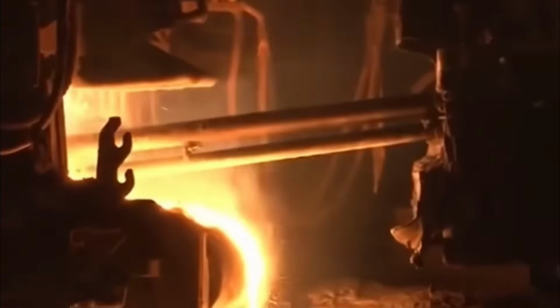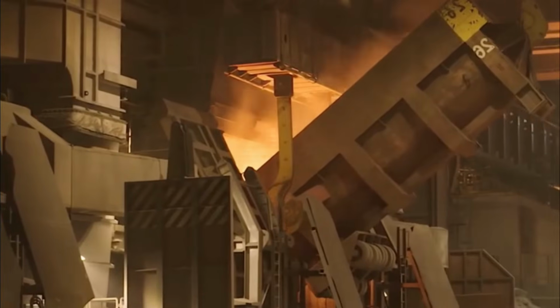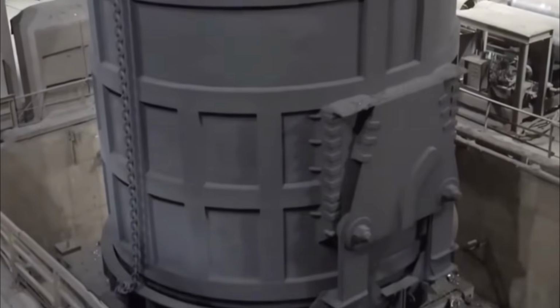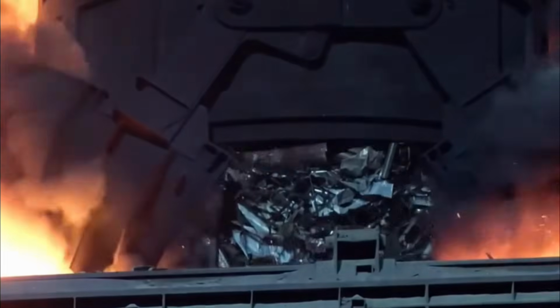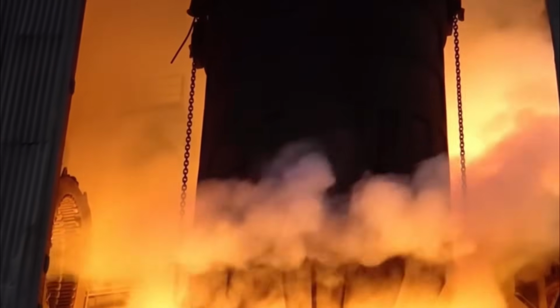After sorting, the most breathtaking part of the process begins: metal melting. Steel fragments are fed into giant electric arc furnaces, where temperatures reach 1,600 degrees Celsius. Inside, electric arcs burn with the power of tens of megawatts, melting the metal within minutes. Each furnace can hold up to 200 tons of steel, transforming piles of old cars into a glowing lake of